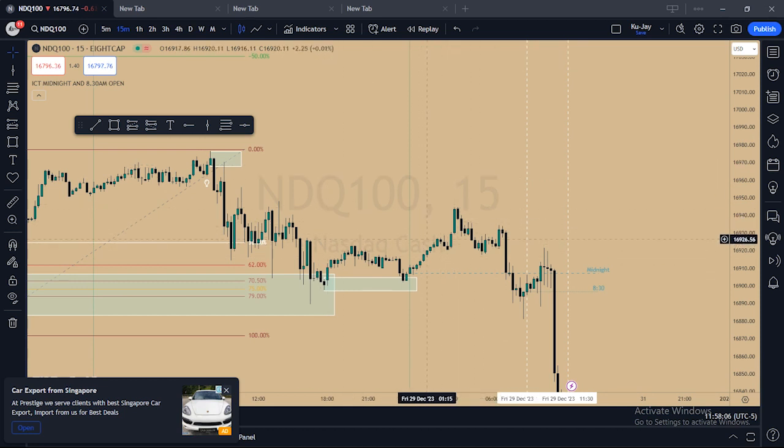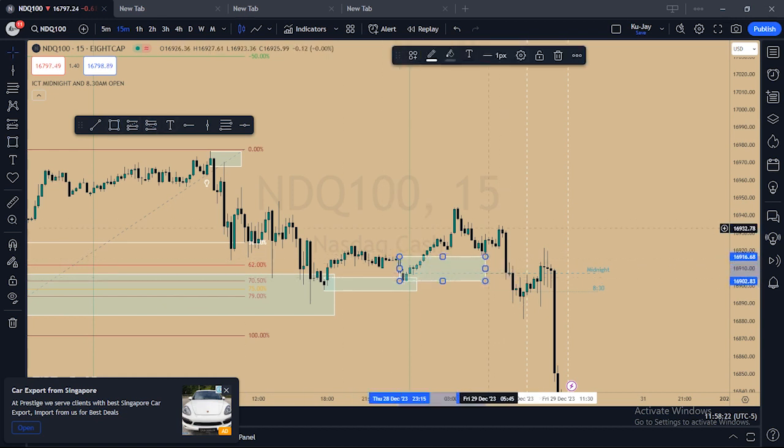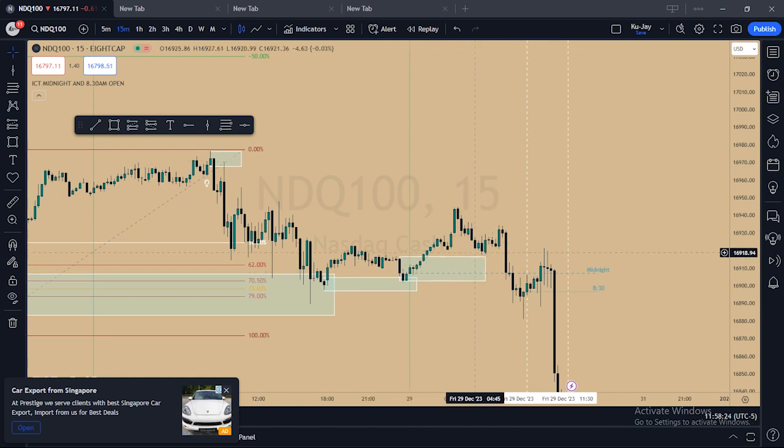This was the London session. Then when price broke here, I was expecting that when price came back here it would just respect this order block and continue going up, ne? But instead it created this. It broke, we call it a market structure shift. Here there was a market structure shift.